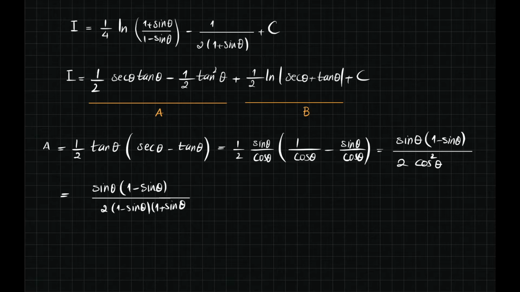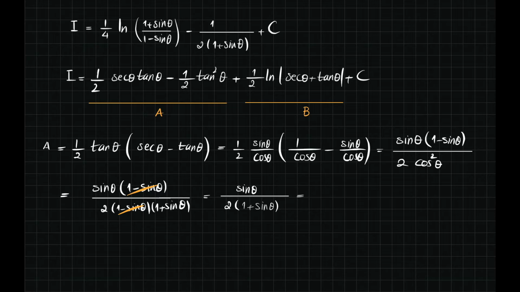This is what I have. But now you can immediately see that this factor and that factor are gone. What I get is sine theta over 2, 1 plus sine theta. Okay. So you might find a little bit of discrepancy here. So you see that this expression is similar to this part, but not exactly that one. But that is just